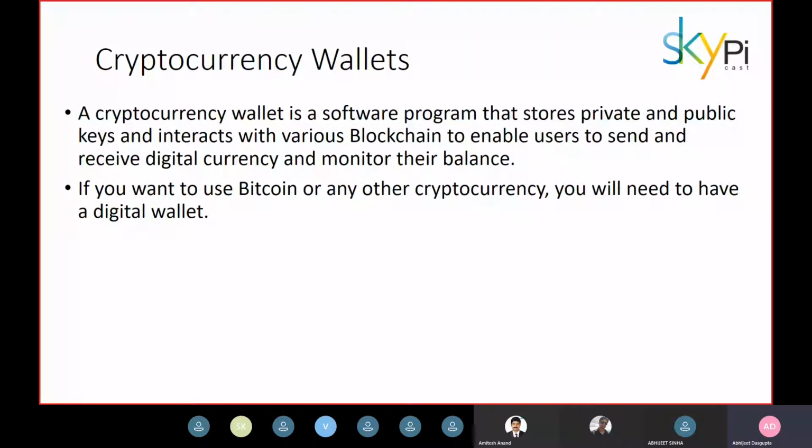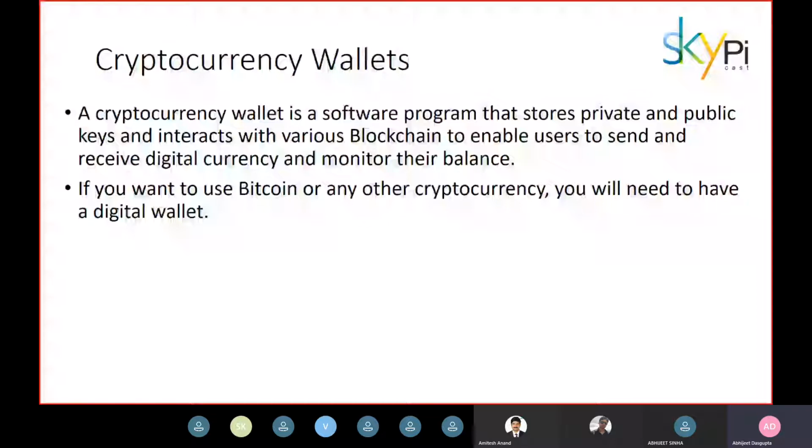The wallet encrypts and stores the private key securely and displays the public key to you in the form of text as well as QR codes, which you can then share with people and ask them to send you coins to this address. Whichever person sends coins to that public key, the coins get attached to the address, and you can then claim those coins using the private key that your wallet stores. So it is very important for wallets to manage and store your private keys very securely.